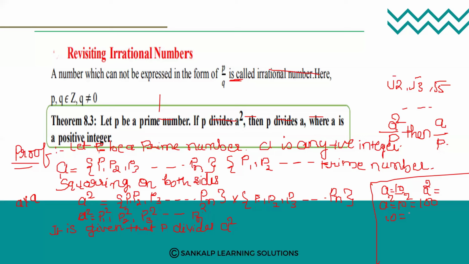Factors of 10: 2 into 5. Right? 2 is a prime number. 5 is a prime number. Right? Now, what does our theorem say? If